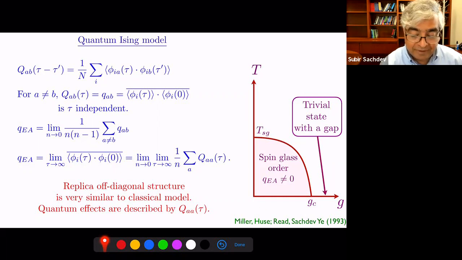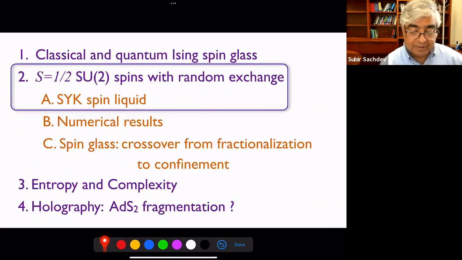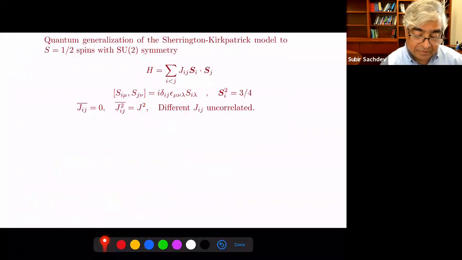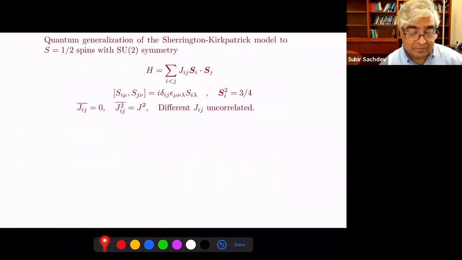All right, so now finally, let's turn to the model. This is all work done in the early 90s, in fact just before we started looking at a different model, which is the model not with Ising spins, but with SU(2) spins. Actually, the most important difference here, you don't even need SU(2) symmetry. The most important difference is that there's a Kramers degeneracy on each site, which the Ising model in the transverse field does not have.